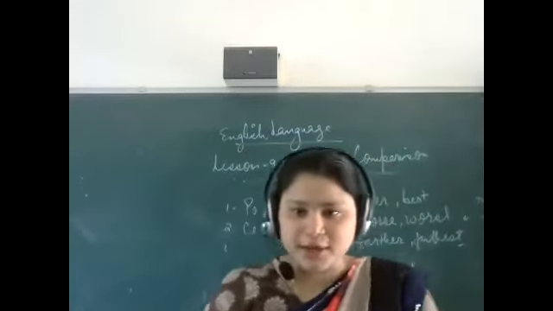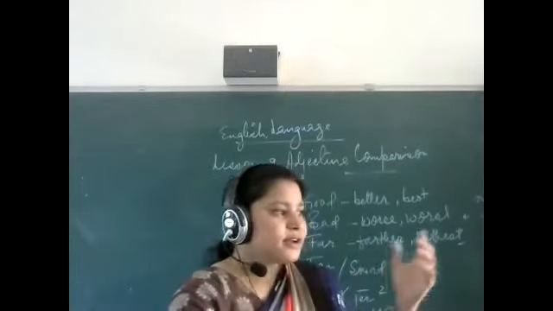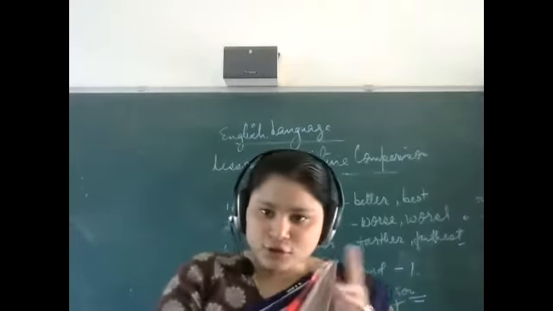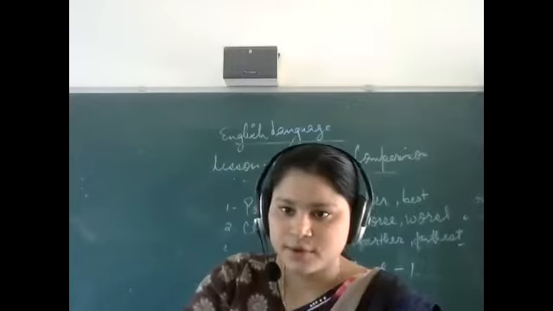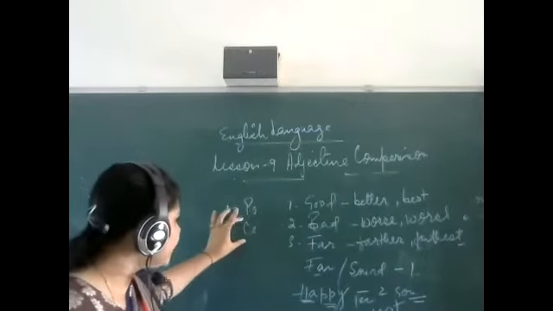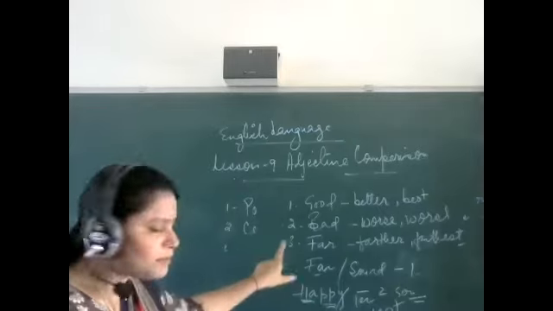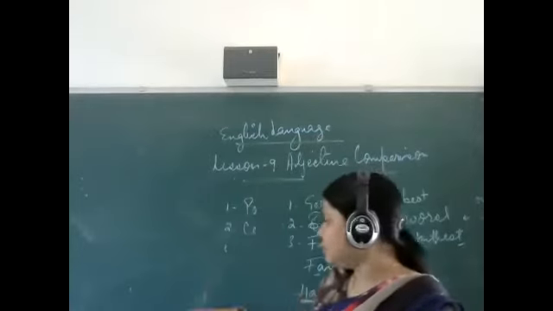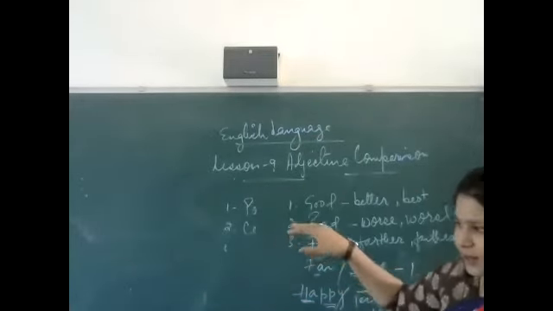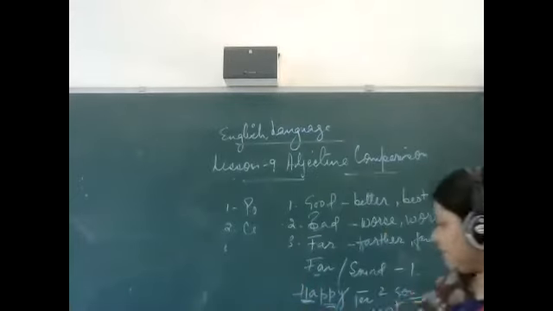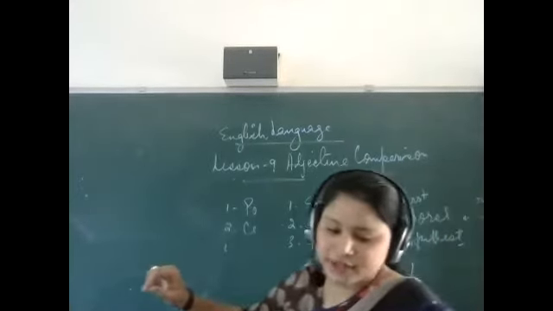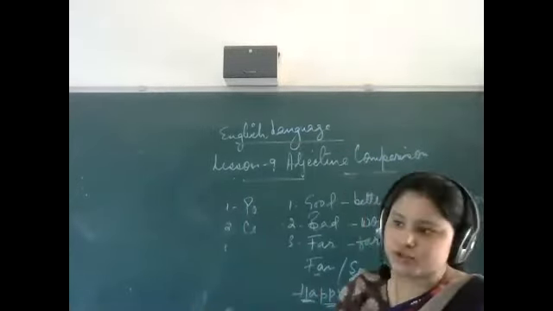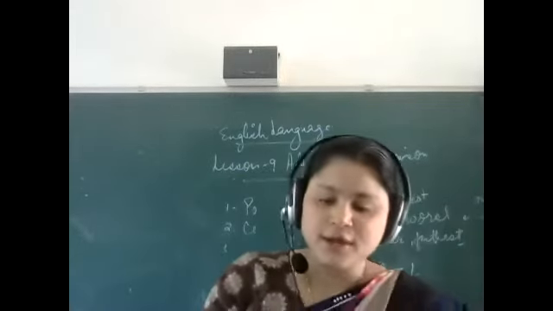She is junior to me. How many persons are there? I and she. She is junior to me, or I am senior to her. So there are two people, no? Yes, ma'am. So if the comparison is made between two persons or two things, then junior plus "to", not "than". If it is for the superlative degree, then it is junior most, senior most. Clear?